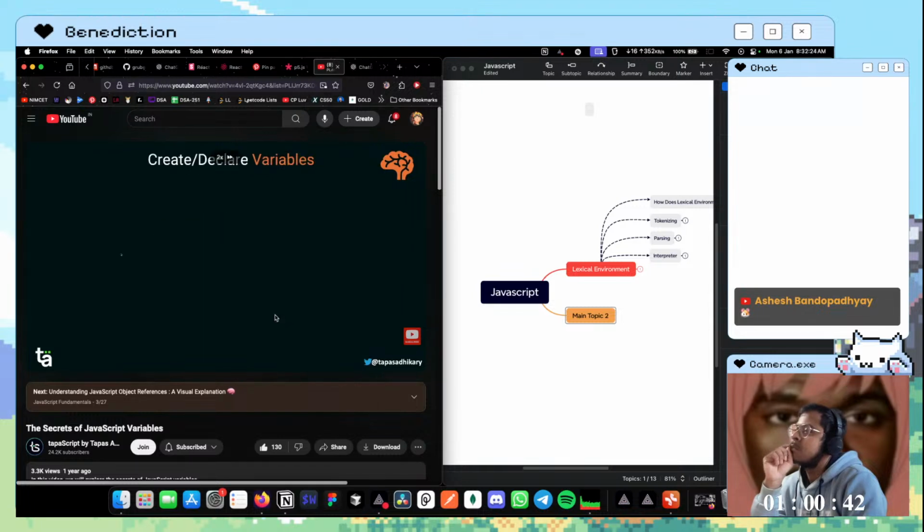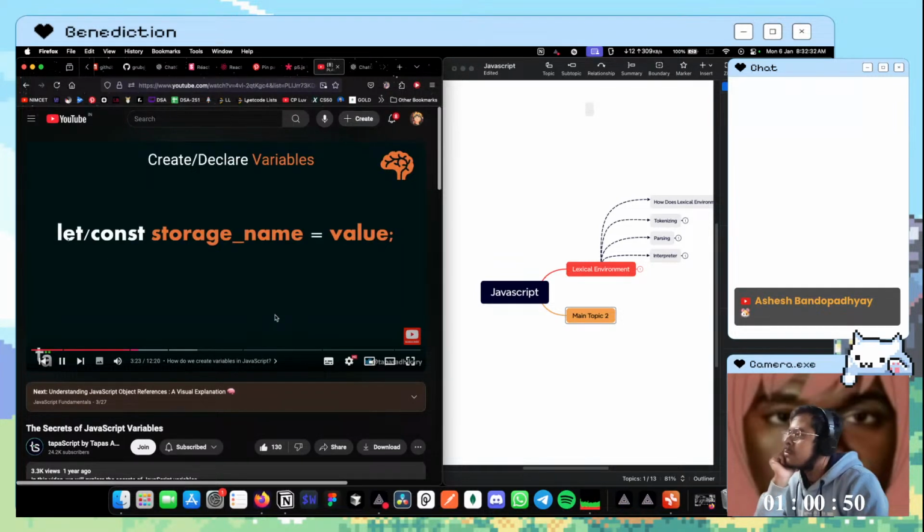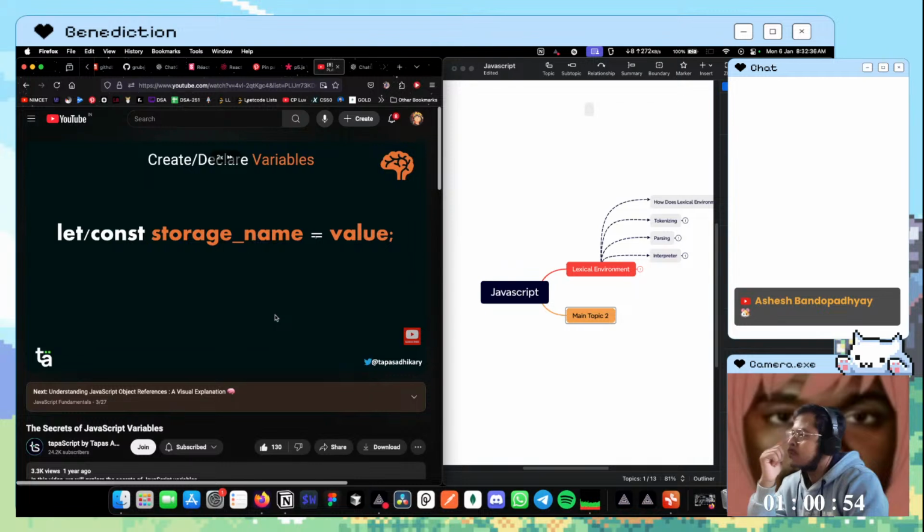Now let's take a look at how you create a variable in programming. Now we'll be diving into a syntax. Again, we'll be connecting the dots to know how things work under the hood. So how do you create a variable? What is the syntax? The syntax is you use a keyword called let or const. Then you give the storage name, then you have an assignment operator, and then you provide the value that you want to store into this particular storage, whose storage name you are using here.